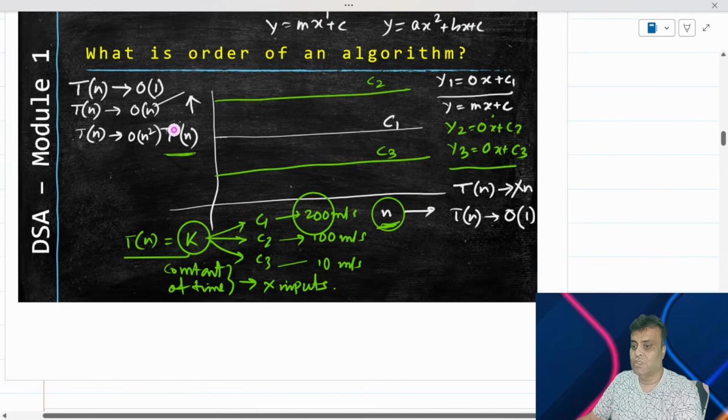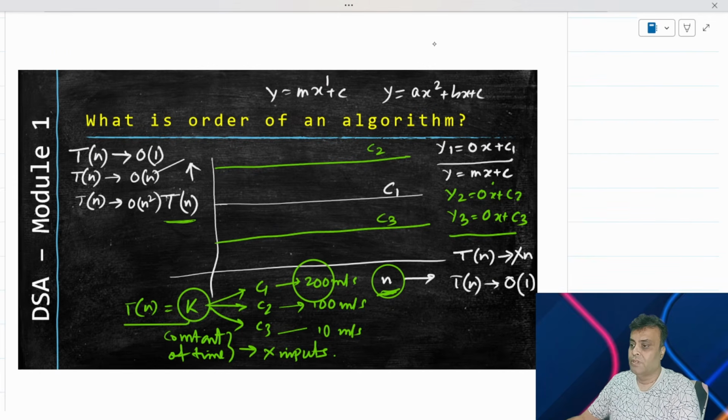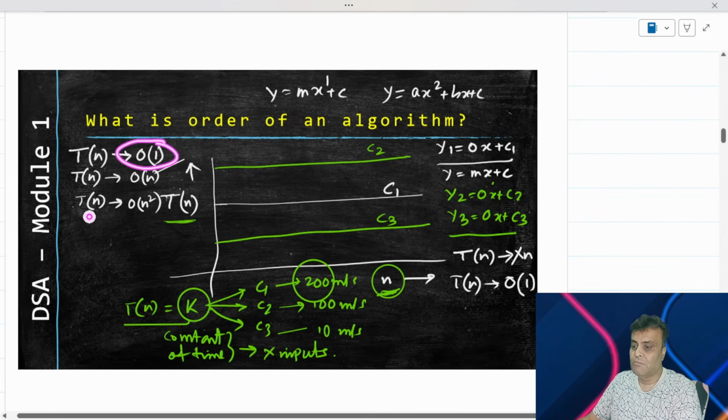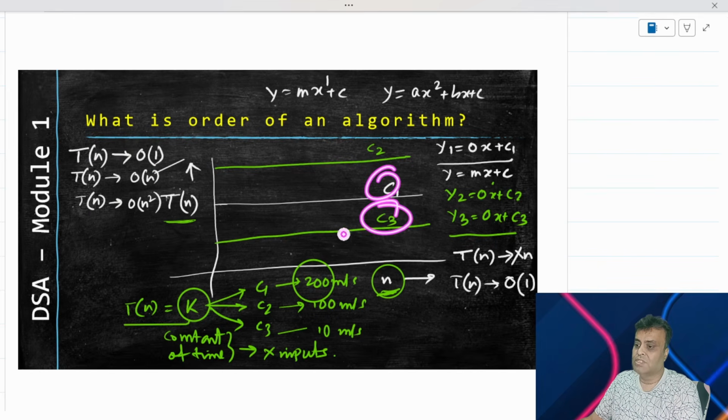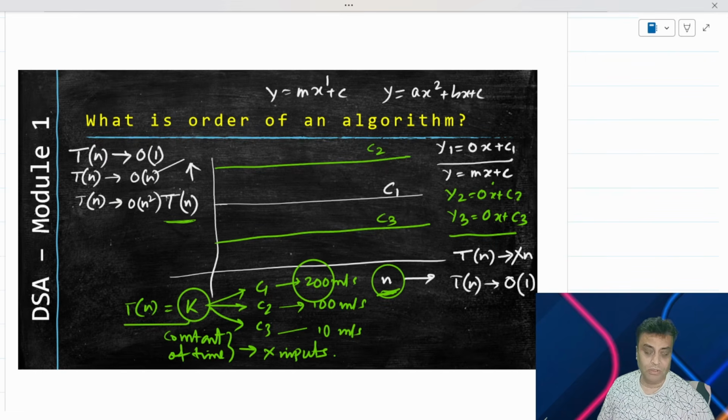So it doesn't follow this particular input, neither does it follow this particular input. I mean, none of these curves changes with the input. So the first category of algorithm is this, which is that I'm not going to change if you change the inputs. I will always execute in a constant amount of time.